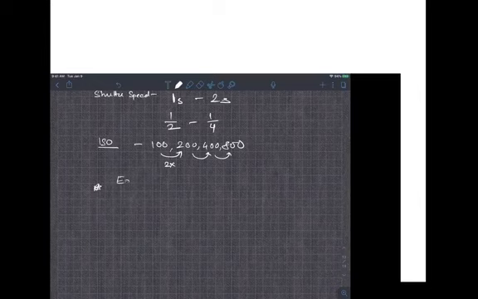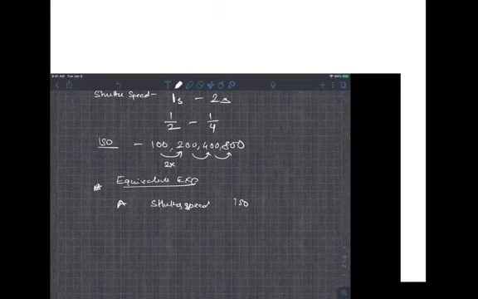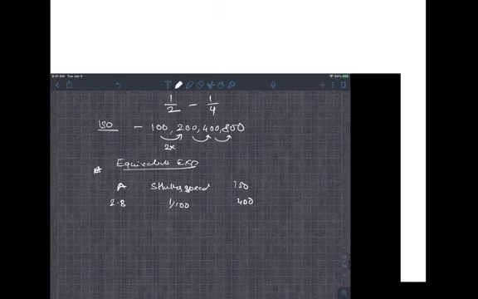equivalent exposure. Equivalent exposure is if you have a combination of aperture, shutter speed, and ISO, a triplet of these, so something like 2.8, 1 by 100, 400, there are a number of equivalent exposures that you can get by stopping one of these up and stopping the other one down. So let's say I stop down the aperture to f4.